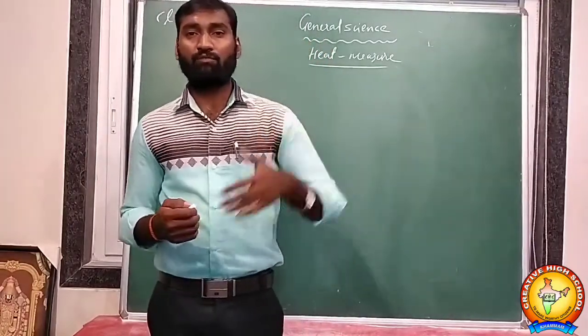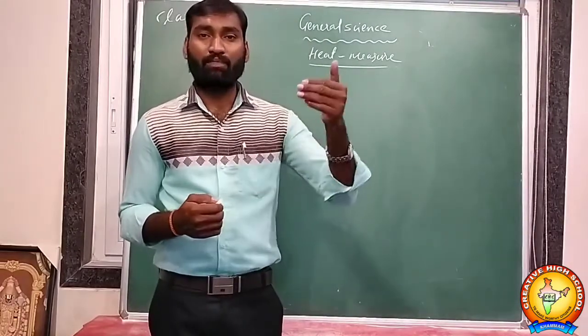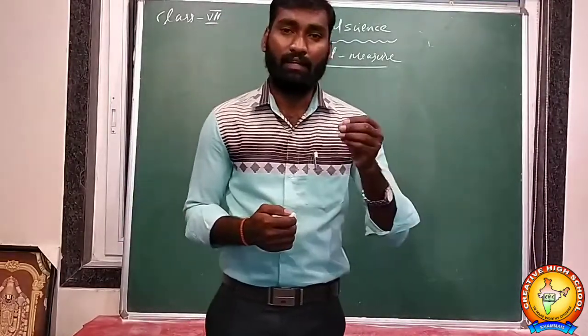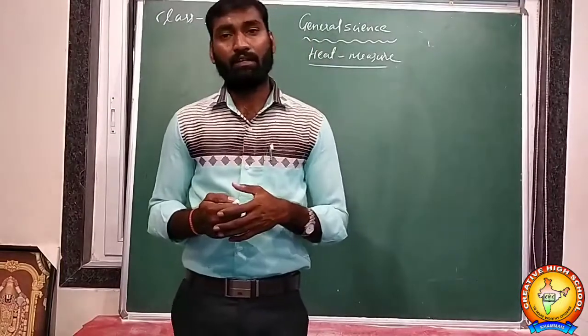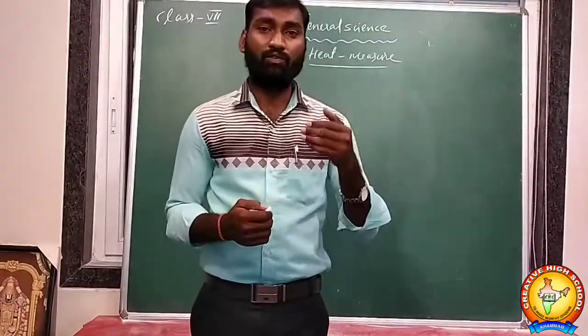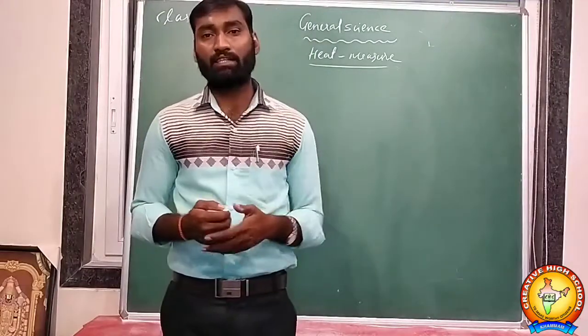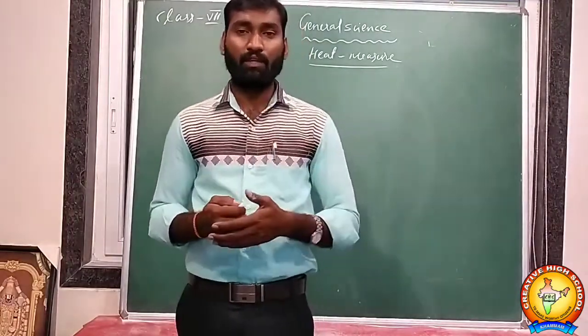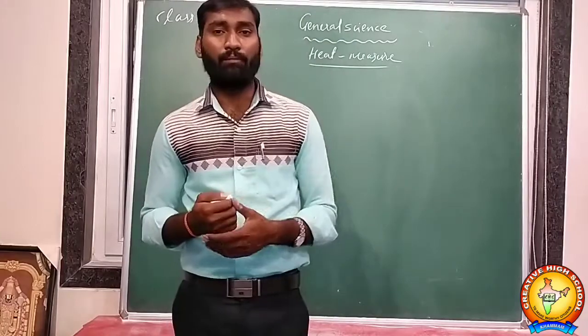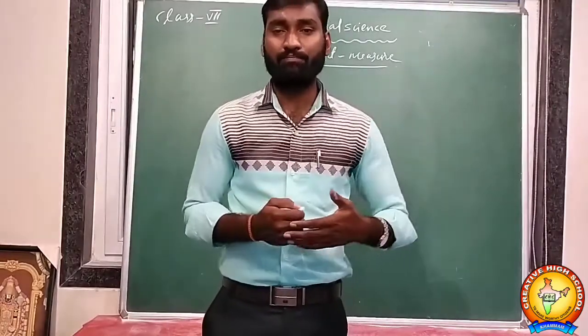Very important are the equations of motion: v is equal to u plus at, s is equal to ut plus half at square, Sn is equal to u plus a into n minus half, and v square minus u square is equal to 2as. These four equations are given for you, and also three derivations are given. The last derivation is noted for you; you will get that one in the 9th class. So practice those three derivations, everyone.